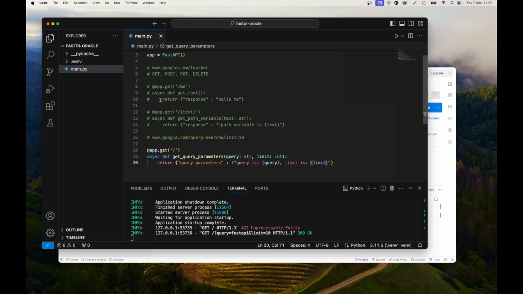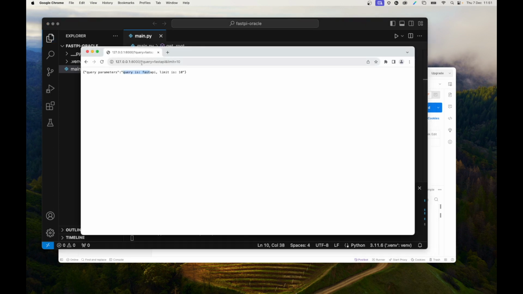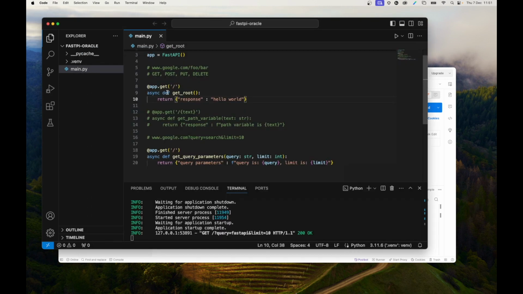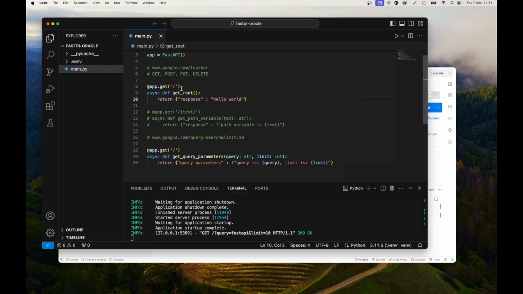So what happens if I uncomment this one and do it like that? Hello world. What happens if I go to exactly the same query? It goes and finds the hello world, and that's because, as I mentioned before, the order matters. And in order to avoid this, we can define these as optionals,